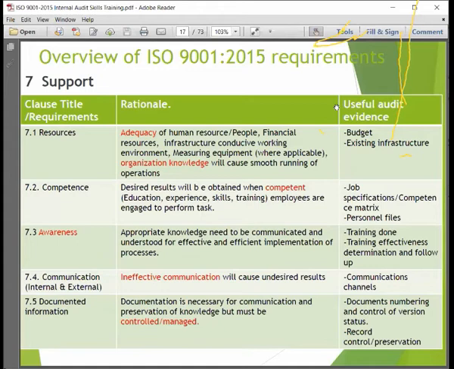Communication, internal and external: a requirement that effective communication has to be maintained internally and also externally. Why? Rationale? Because ineffective communication will cause undesired results. We agree with that. And the rationale part of this slide is trying to help you appreciate why the requirements have to be there. If there is ineffective communication,